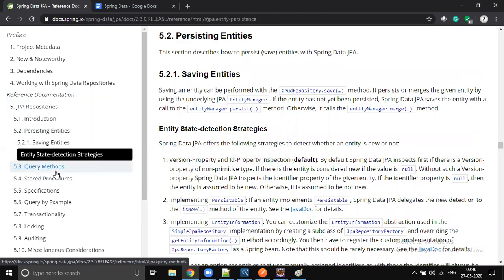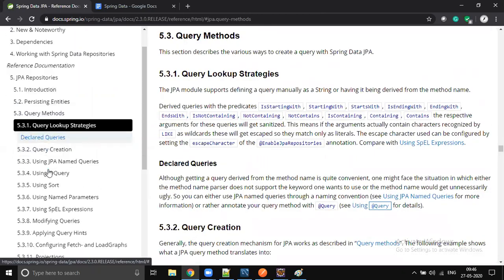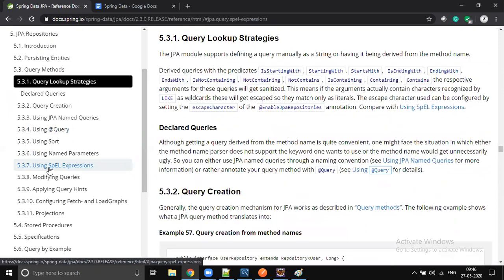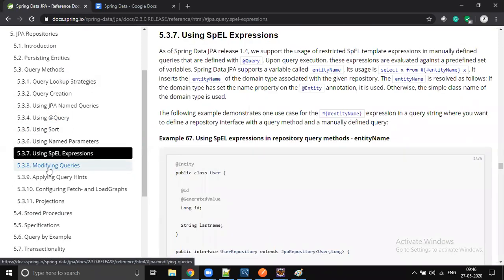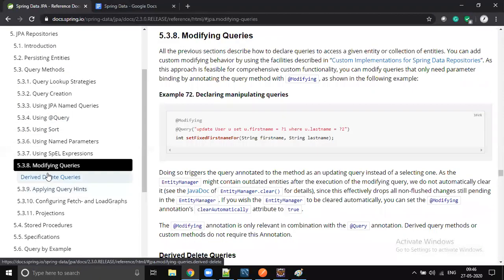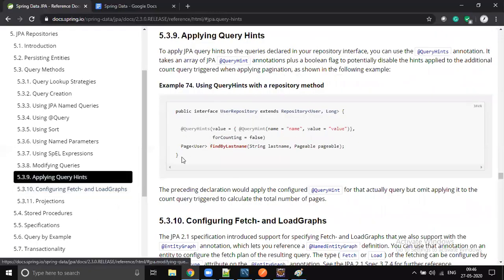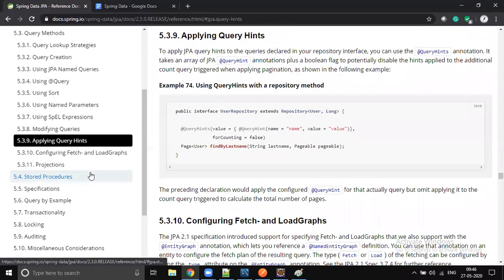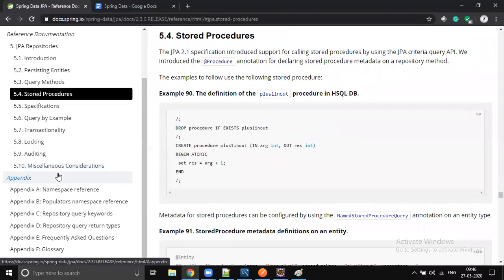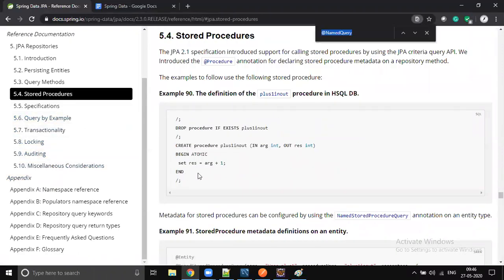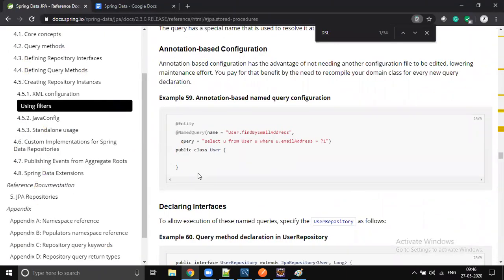Those things also will be covered. Okay, so query methods, yeah. Some expression language support, okay, and some query hints we can give. Some hints you can also provide, and how to work with stored procedures, and some DSL support is there. Let me check where it is.